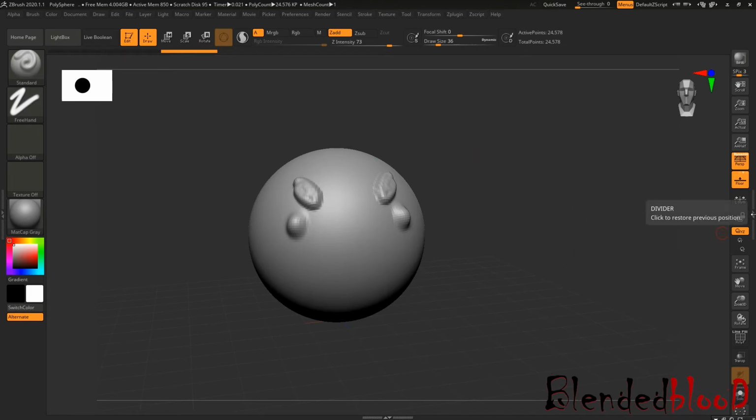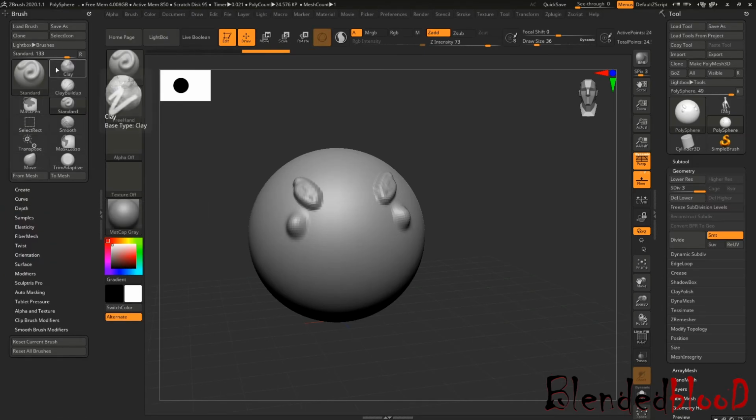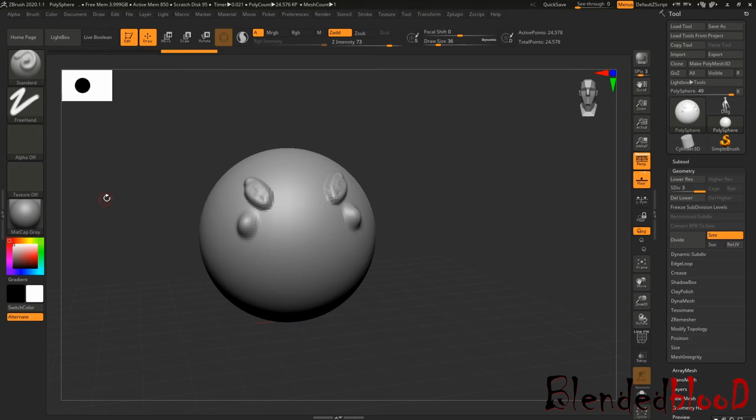If you double click again on this zigzag pattern, this will decrease your working area. Same with the panel on the left portion. If you click on this, it will expand your working area with the brush, and if you click on this, it will be gone. Okay, so these were your basic tools while you're working with ZBrush.